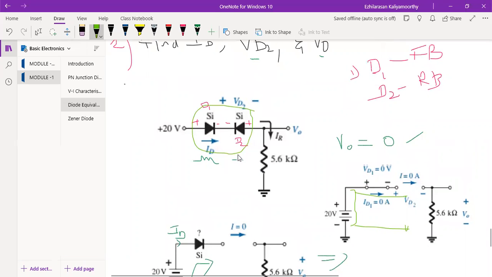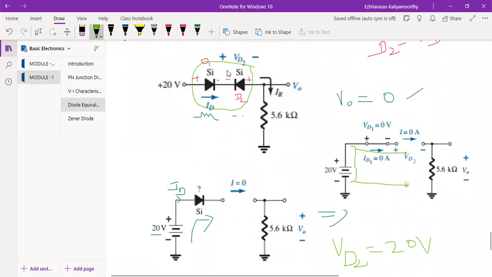So how can you say complete forward bias or complete reverse bias? The P type should be connected to the positive battery, and the N type should be connected to the negative battery. But here the negative is connected to the negative of another diode, and this positive is connected to the negative side. So perfectly I can say this is reverse bias only. So that is why when even any one diode is reversed, there will not be any current over there.